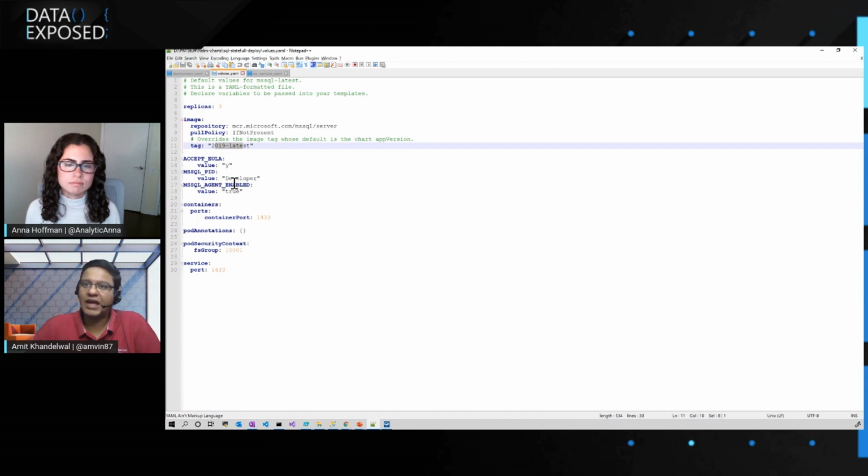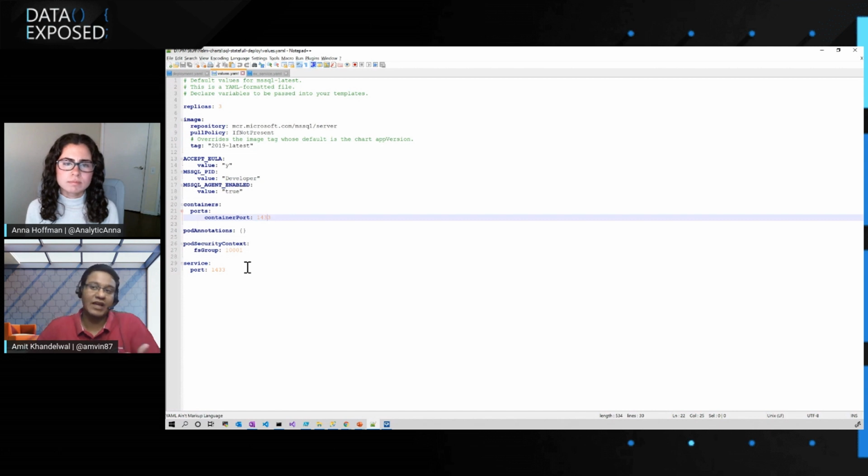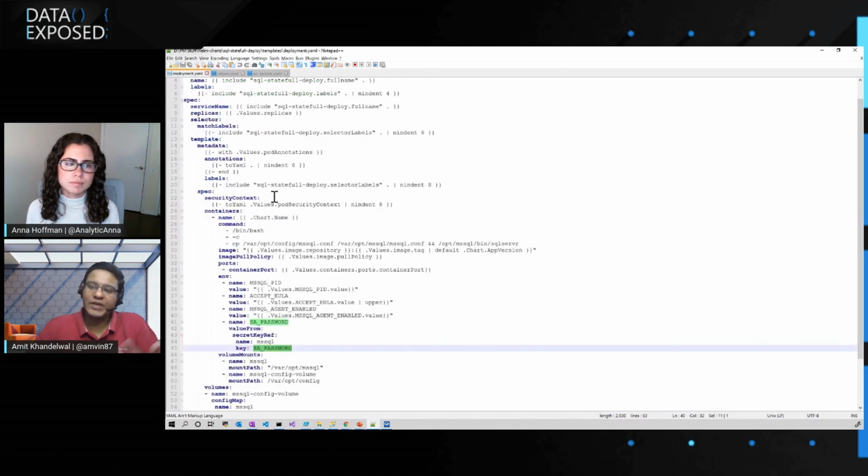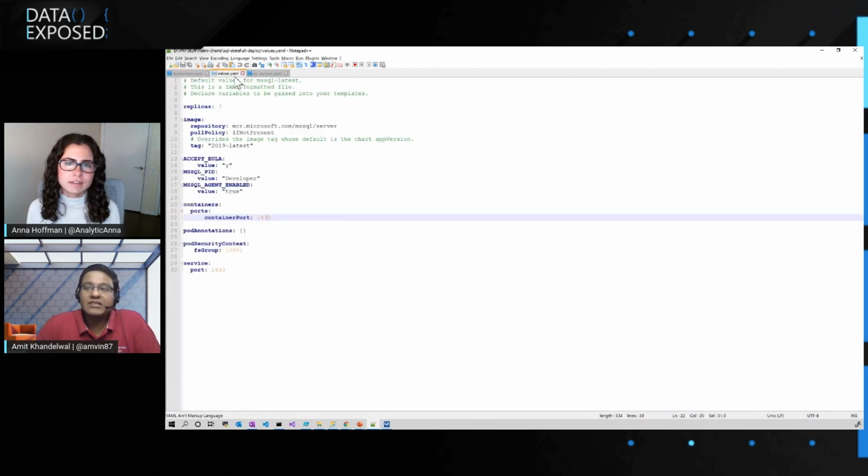You could change that. And if you want not a developer edition but different editions, you could do that. Or you could add any further values that you need. So this is the values YAML file where you can configure it and do the installation without being troubled to look at what is basically happening here. Right. So as a user, it makes your life very, very comfortable.